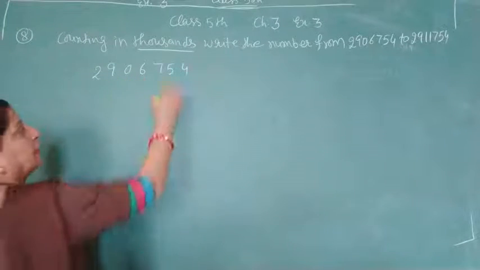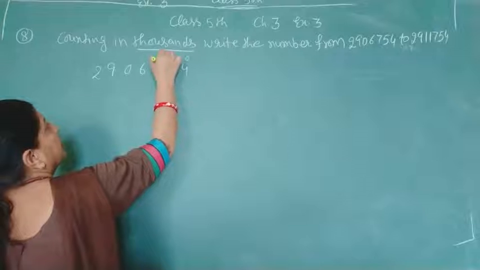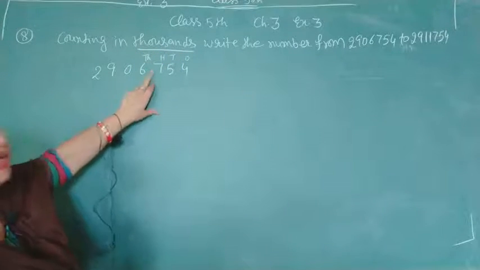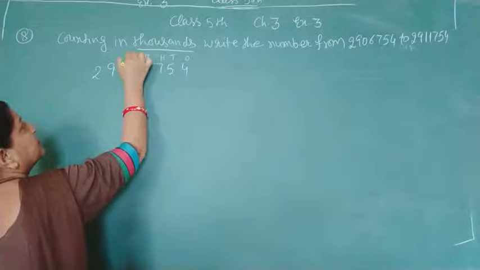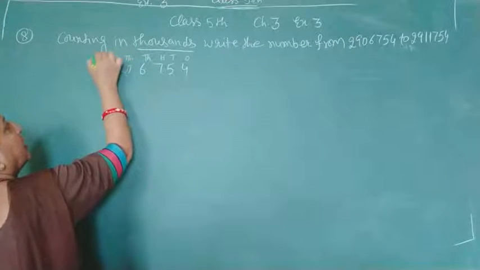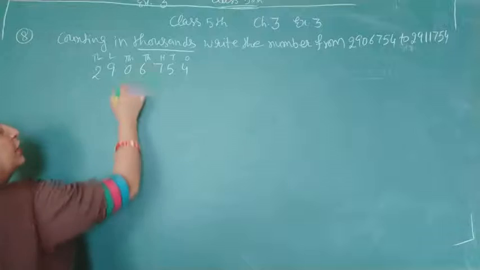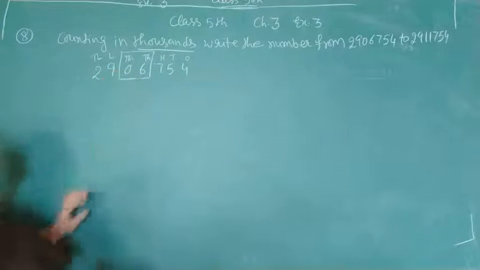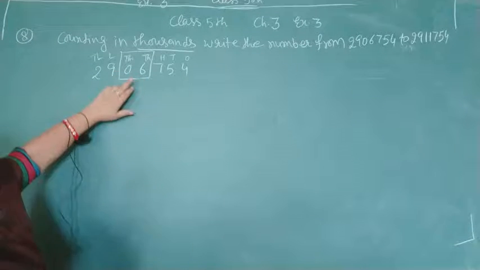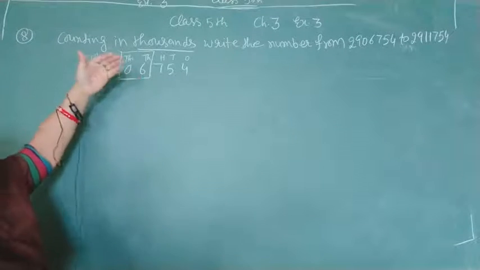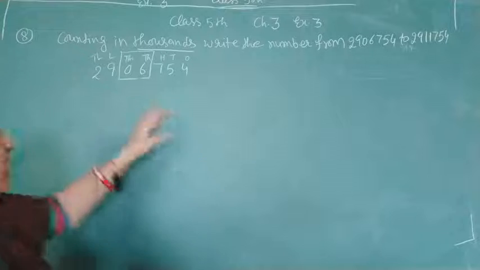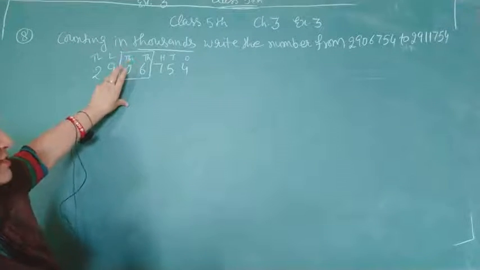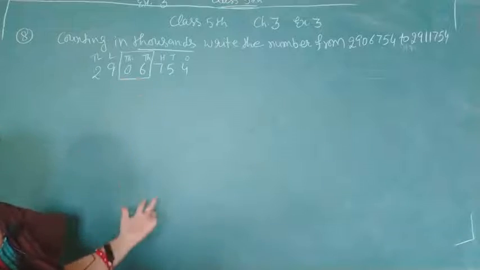Here we see that it is ones, tens, hundred and thousand. Thousand place is this one. This is a 10,000 place, and this is a lakh, and this is 10 lakh. We have to work only these two numbers, because when we start our counting from 6, then when the number is 10, the 10,000 place number is changed. That's why we have to write this number.